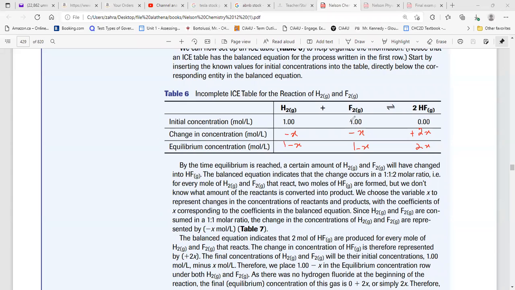Means F2 here is 0.24. We just rearrange it for X. Once we have X, you can find the concentration of H2 at equilibrium and the concentration of HF at equilibrium. So here, bring the X to the other side, it becomes positive, bring 0.24 here. It becomes 1 minus